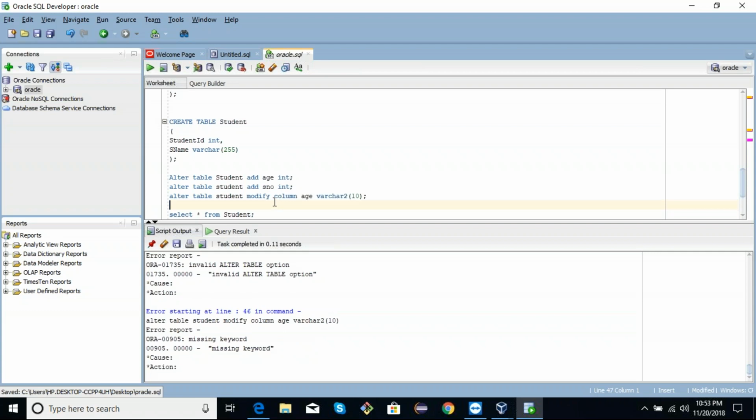Missing keyword. No, it didn't work. Modify is not the keyword either. Modify column age. Okay, so far so good. So if you want to drop column age, can we drop? Okay, that's a